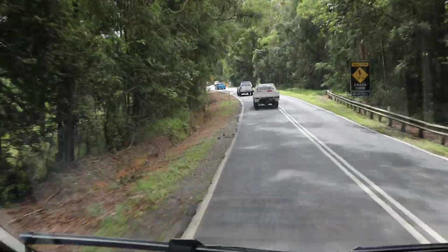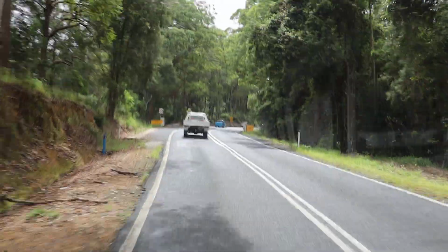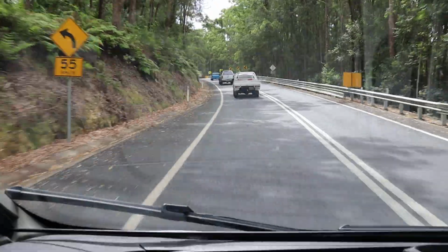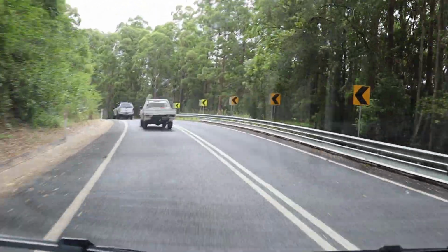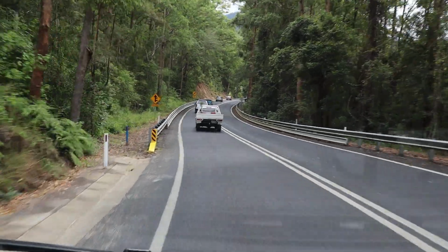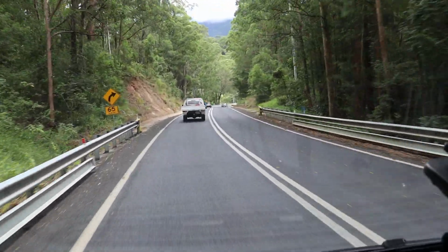And as you can see, we are heading uphill. Unfortunately, I suppose going up the hill we don't have the drop-off, so if you're afraid of heights, like I spoke about myself yesterday, there is really no fear here because it's all hillside on the passenger side going up. And as you'll see, there will be the same sort of pullovers here and there